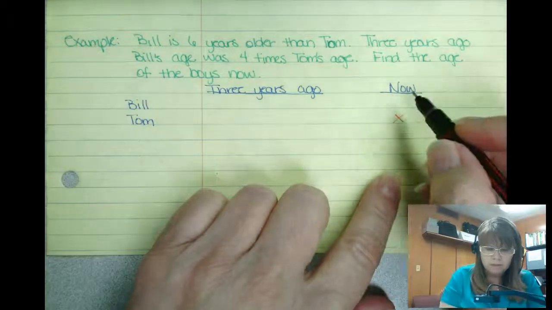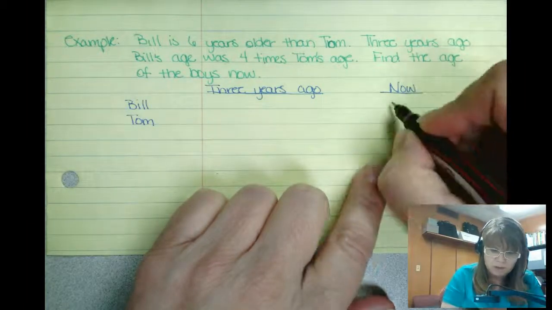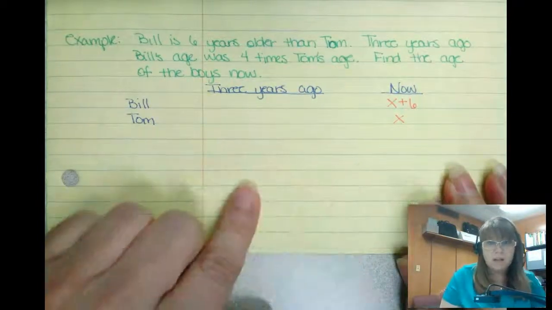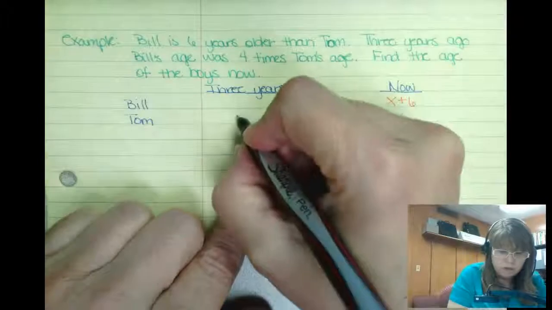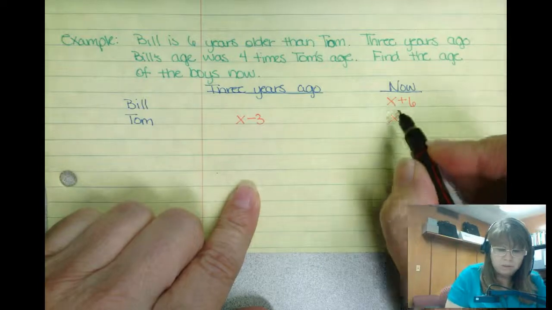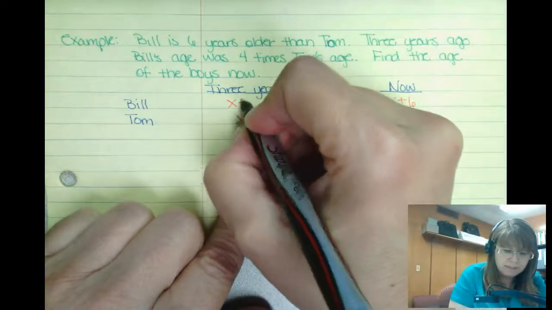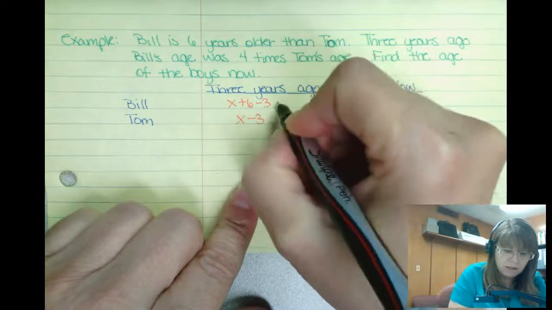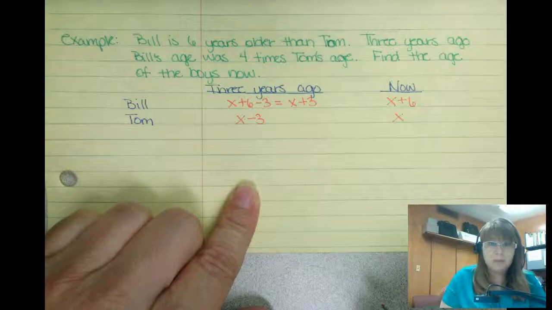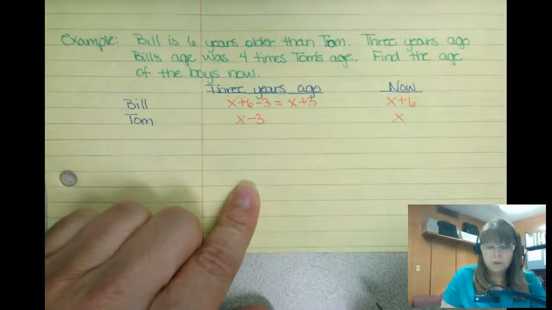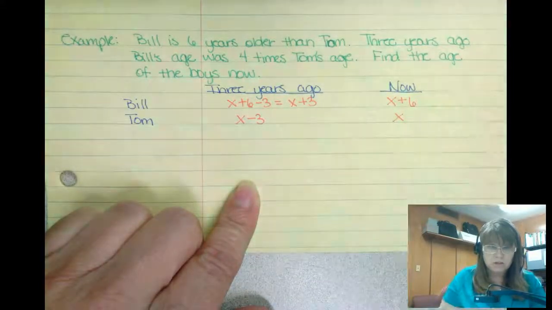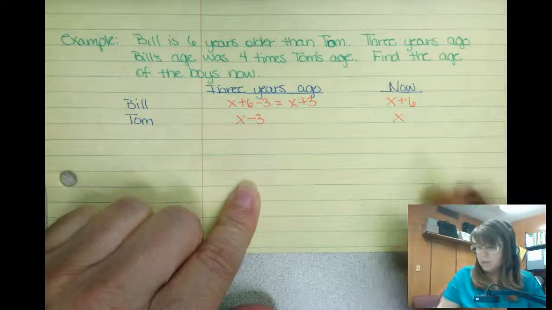I do know Bill right now is 6 years older than Tom, so X plus 6. I know 3 years ago Tom's age was X minus 3, and Bill's age was X plus 6 minus 3. In other words, it's X plus 3. But I need to know 3 years ago Bill's age was 4 times Tom's age. So my equation is going to be